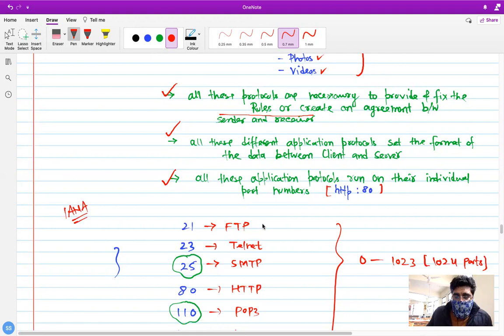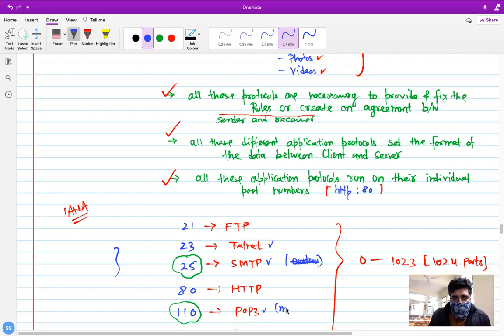For FTP, if you want to send a file to the client, then you have to ping port 21 of the server. For Telnet, you have to ping 23. SMTP is for mail, I think it is for outgoing mail. I actually forgot.